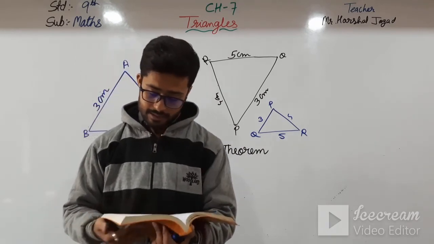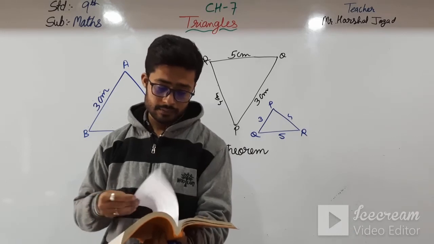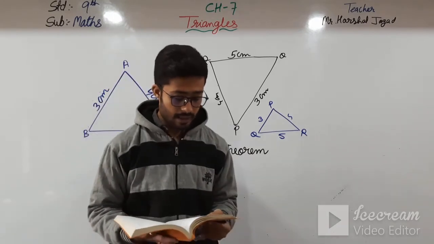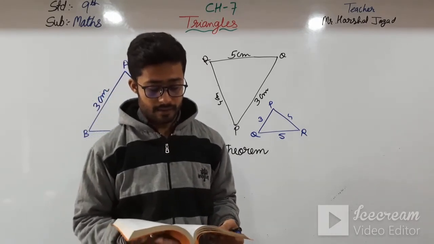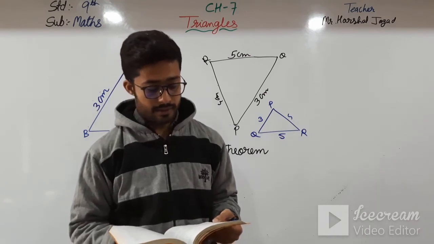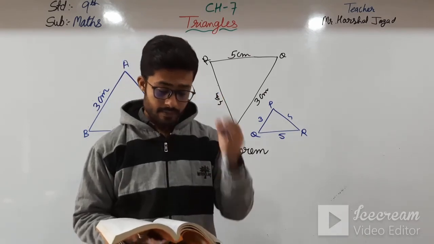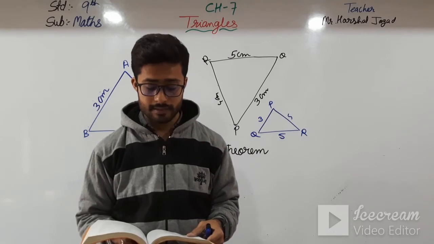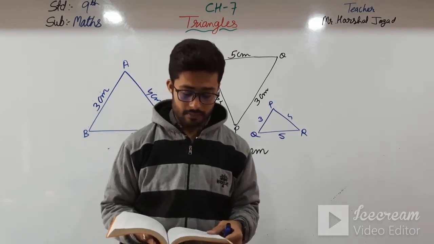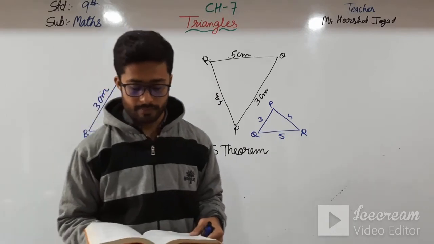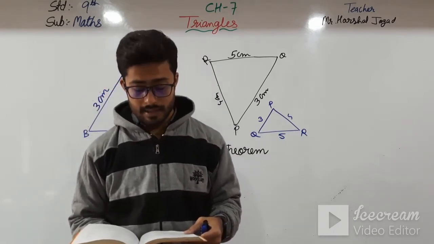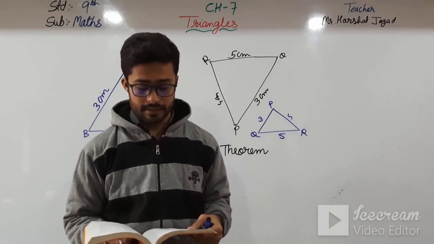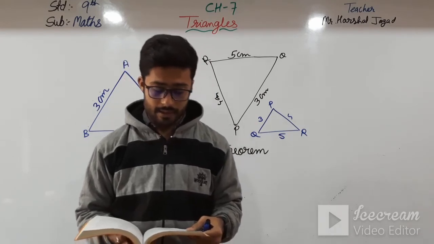Perform this activity. They have given that. There is an activity: cut them out, place one triangle over the other with equal sides on each other, turning the triangles if necessary. What would you observe? Two triangles cover each other completely, and so they are congruent. Repeat this activity with another pair of triangles. What do you observe? You will find that the two triangles are congruent if one pair of sides and the hypotenuse are equal. You have verified this in an earlier class. Note that the right angle is not the included angle in this case. You can arrive at the following congruence rule.